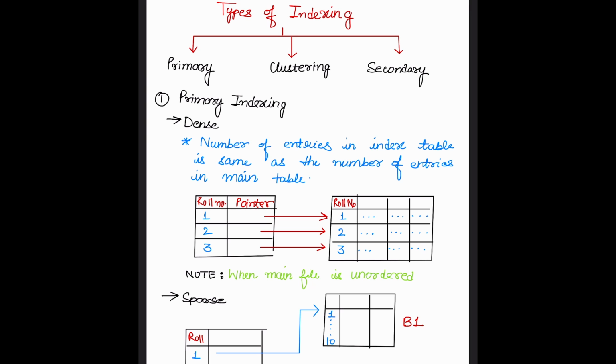As you can see in this diagram, we have these particular primary keys that we have picked, like roll number 1, 11, 21, 31, and each block has 10 records. So we have block B1 which has the records in ordered manner 1, 2, 3, 4, 5, 6, 7, 8, 9 till 10, and we have another block B2 which has the roll numbers 11, 12, 13, 14, 15, and so on till 20.